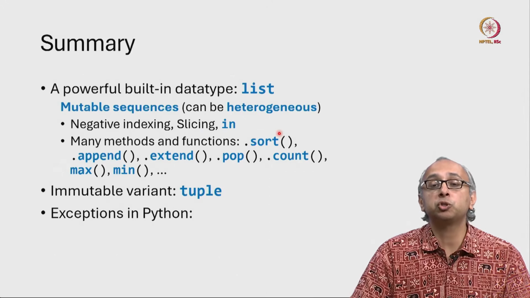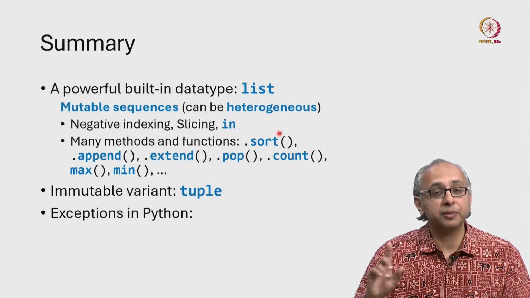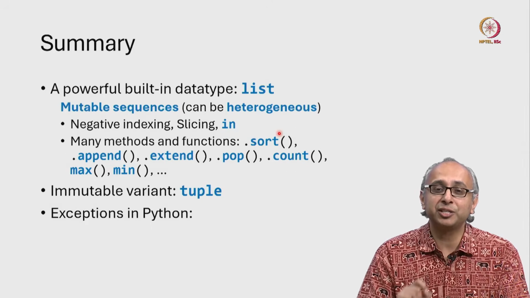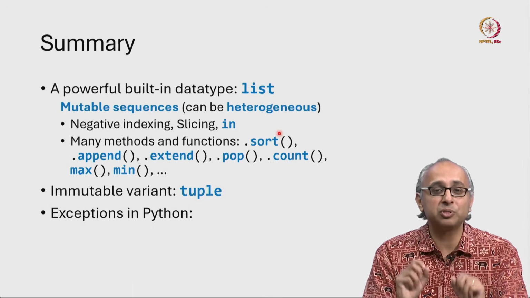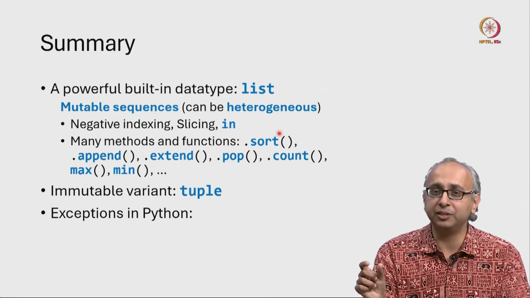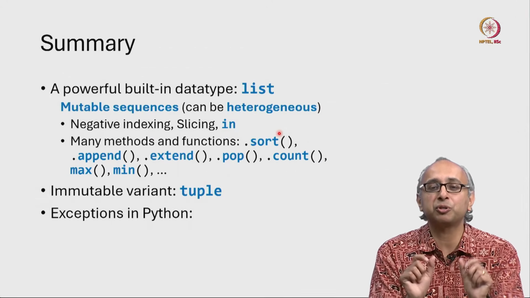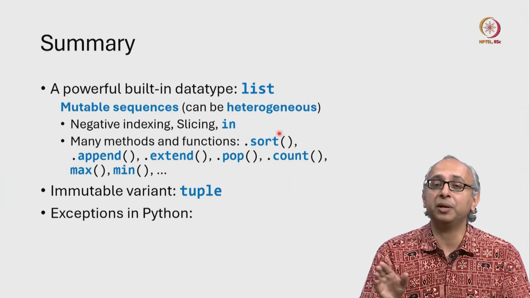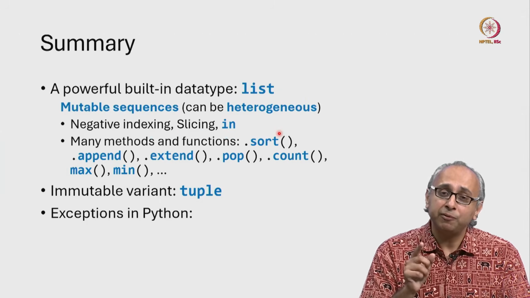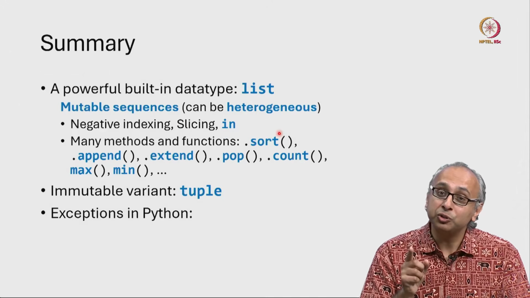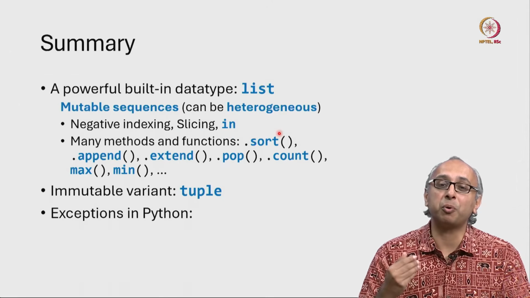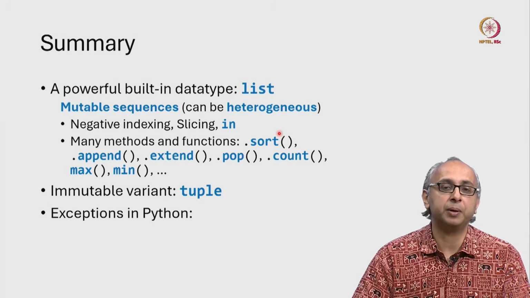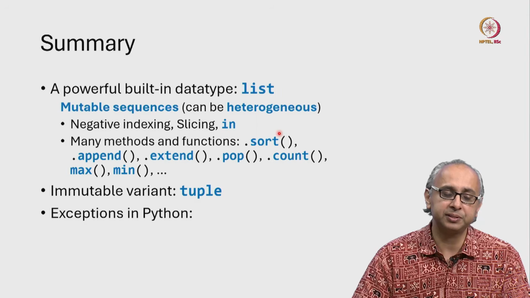So for example, we can sort the items in a list. Now this only works when all the items in the list are comparable. I just said a list could contain items of different types, for example, an integer and a string, and it doesn't make sense to compare those two things. But if the items are all comparable, for example, they're all integers, then you can sort them. If the items are all strings, you can sort those in dictionary order, or what we call lexicographic order. So sort is a very powerful method available in lists.